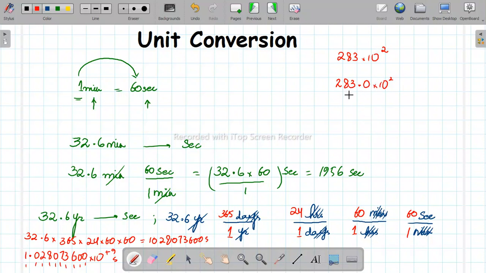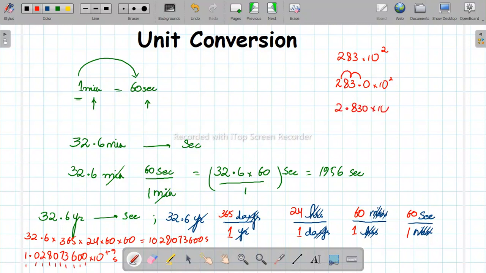Now point से पहले तो हमने agree किया था जो number है it should be greater than 0 but smaller than 10. Is this 283 smaller than 10? No, it is not. तो मुझे point को shift करवाना है. 28 is still not smaller than 10. Again, this 2 is smaller than 10. So I'll write it